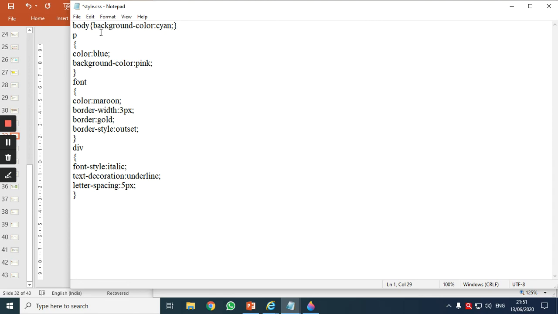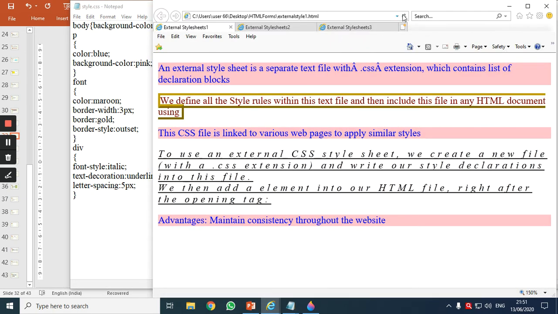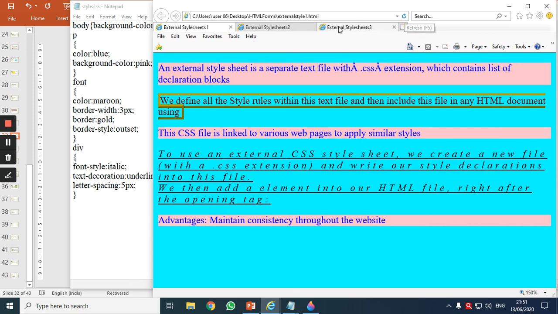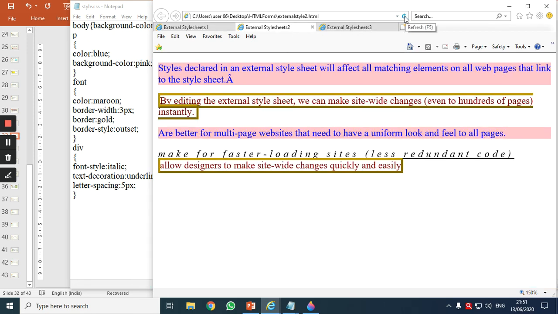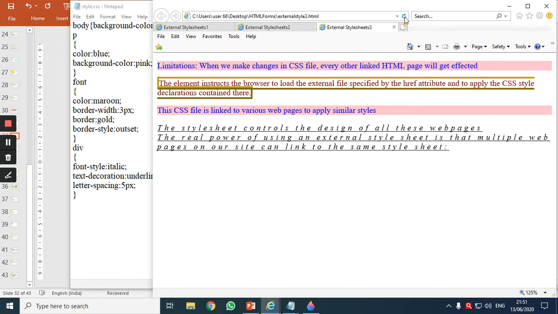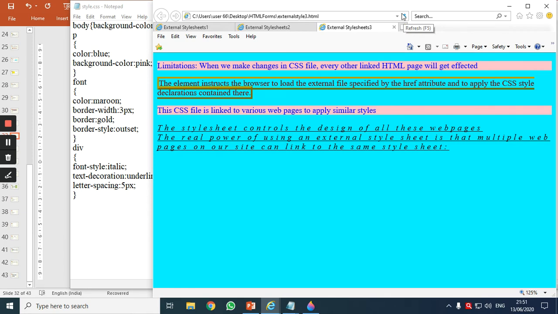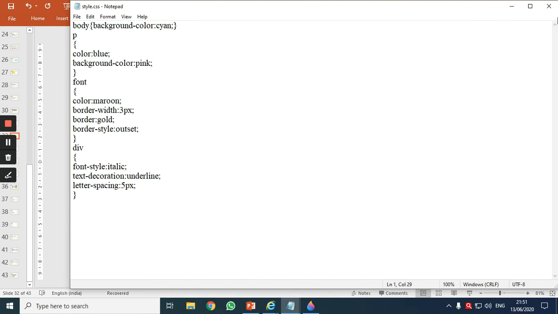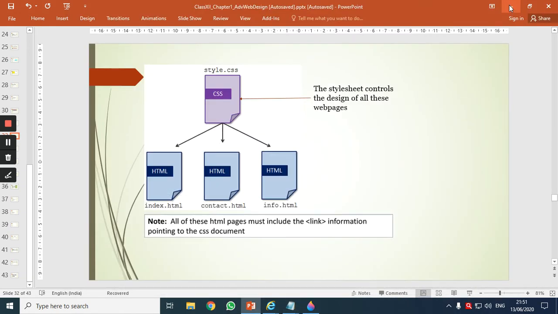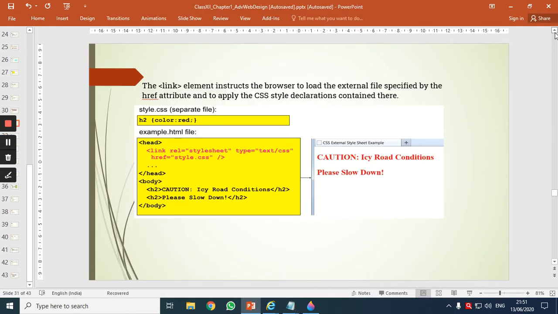Okay, I have not written it in this manner, one below the other, but this will also work. Save, and check in all the 3 browsers. External style sheet second, external style sheet 3. Observing. So what did we observe? Easy, correct? This was a better way to work with CSS, right?